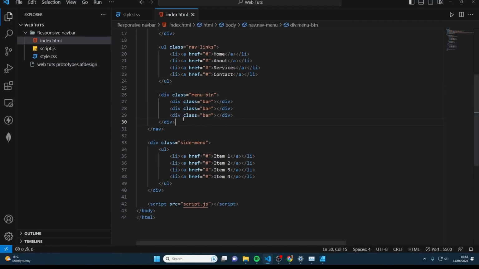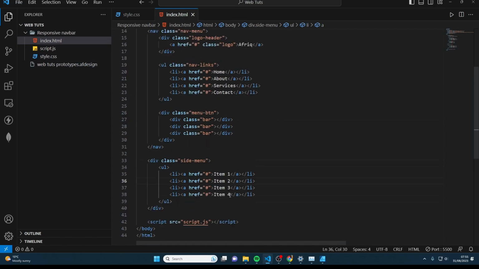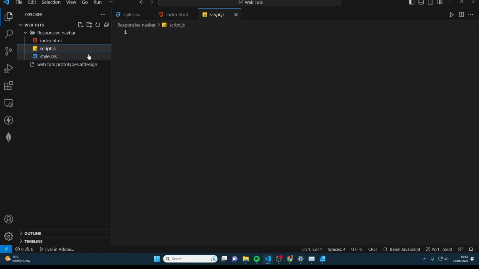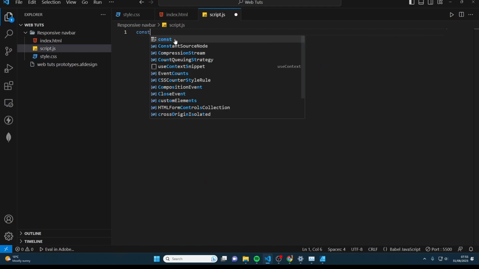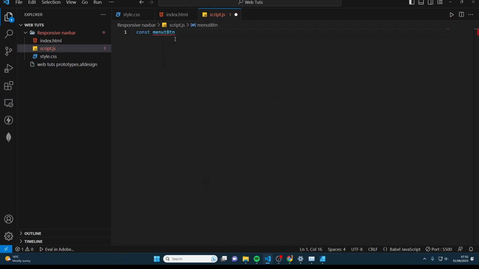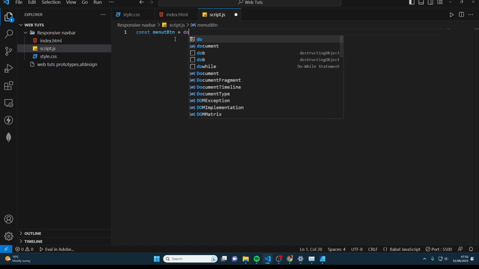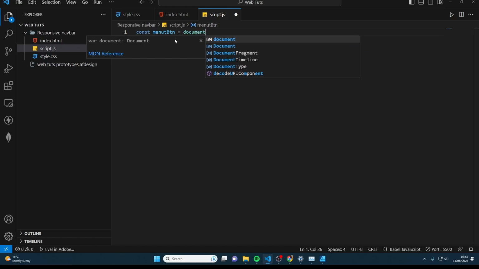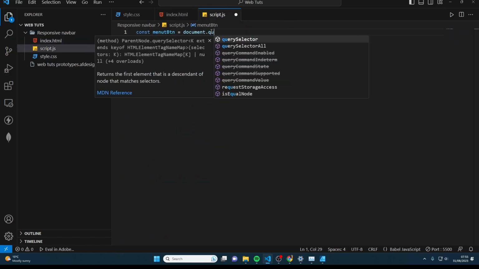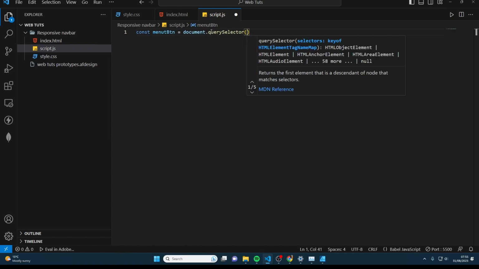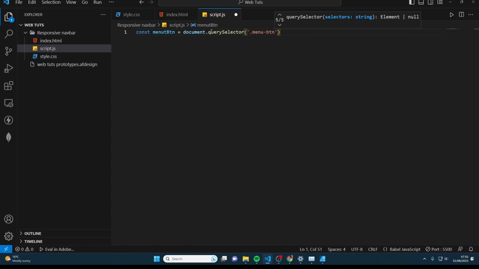Now let's do a quick one on how to add the classes with JavaScript on click. So we're going to get the variables first. Const menu button equals document dot, this is a class. So basically we are going to use a query selector. If it was a div with an id, you could have used getElementById, but now it's a query selector. We're going to select our class, which is dot menu-button,